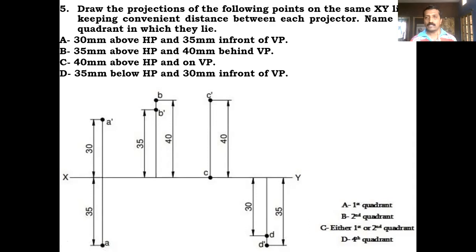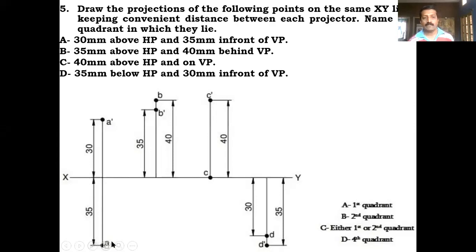In front of VP, it is top view information, and in front of VP, while drawing, it should come below the XY line. That's why you take 35 millimeter below the XY line. You draw one small horizontal projector line. Already A dash you have marked. Draw a vertical projector line